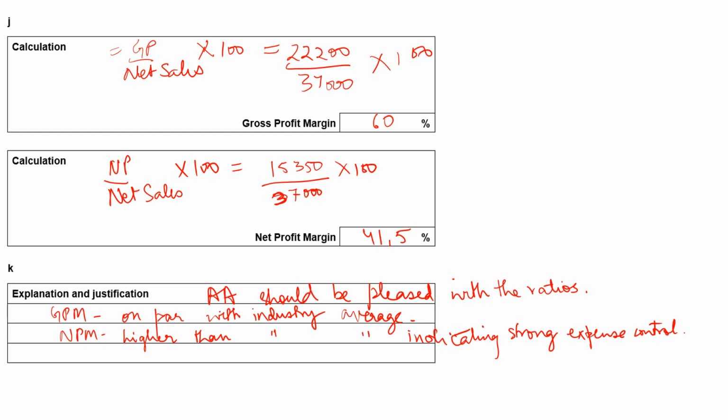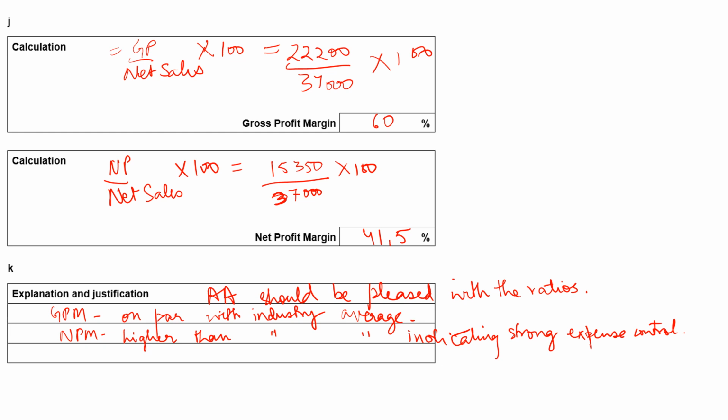So for the calculation part, we've listed the formulas here. Gross profit margin is equal to gross profit divided by net sales times 100. The only thing that changes for the net profit margin is the numerator, which is the net profit instead of the gross profit. And I've input all the figures into the formula here, which gives us gross